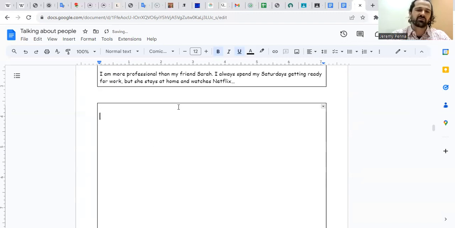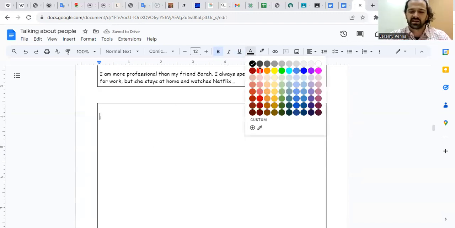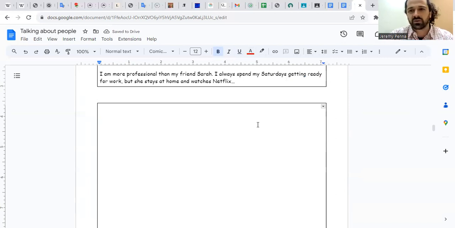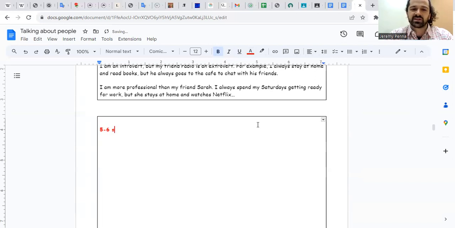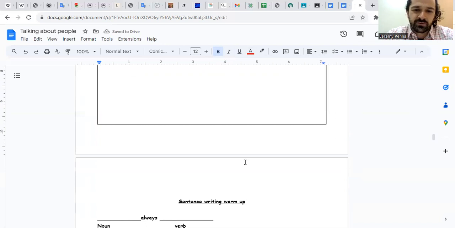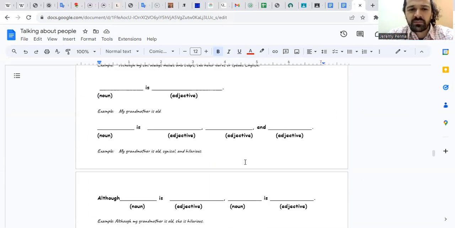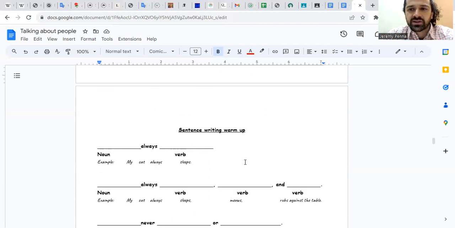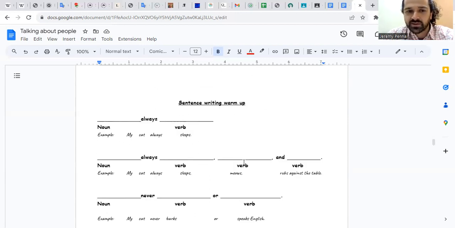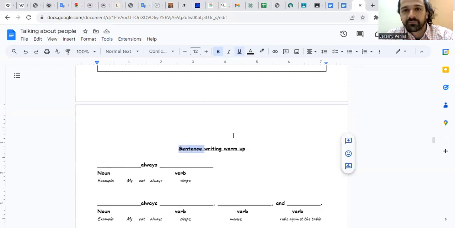So this doesn't have to be long. I would say let's try to keep this to, I don't know, well, I give you space, maybe 5 to 6 sentences, nothing too crazy. And then if you finish doing that, there's a little exercise to help you write sentences. I believe very much that if you want to get better at writing, you shouldn't worry about ideas, you should worry about sentences. So there's a sentence writing template here.